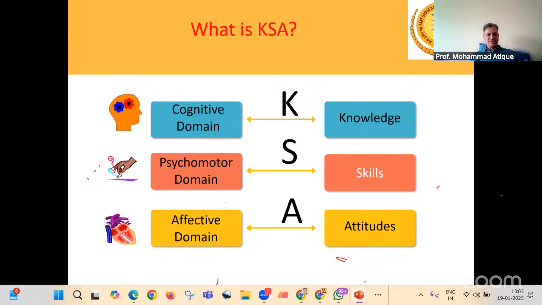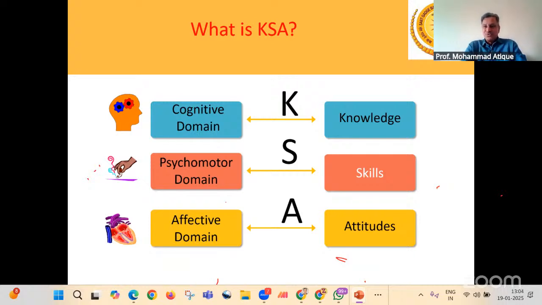Now, let's dig a little further. This is also known as KSA, wherein K stands for knowledge, S stands for skills, and A stands for attitudes. You may be very good at theoretical concepts. I am from an engineering background. Many times the corporate world visits our institute to recruit students, and they don't pick meritorious students; they pick ordinary students.